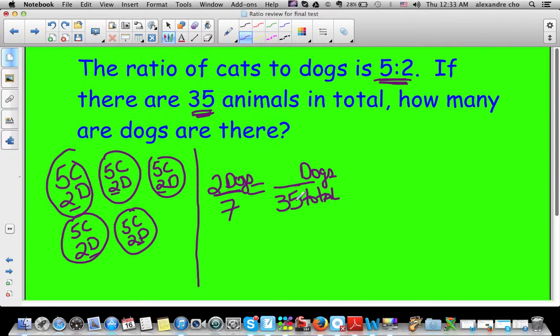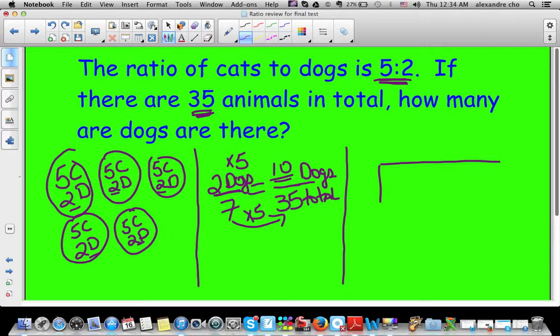So here's how you set the proportion. Relationship, 7 times something is 35. In this case, it's times 5. You apply that same thing on the top, and you get 10 dogs, which is the answer we got using the pictures. Third method, we're going to use